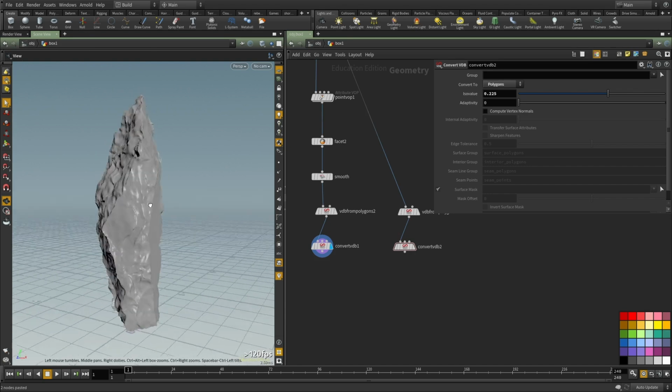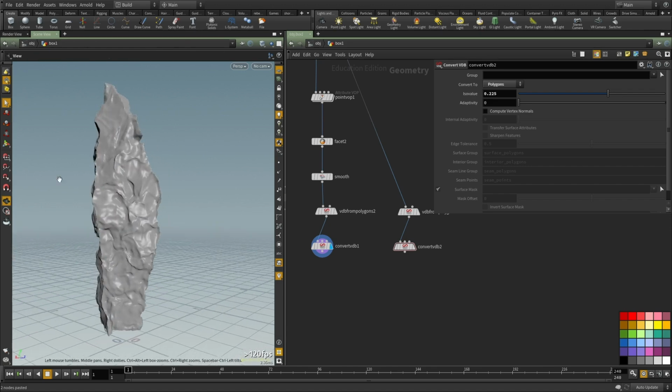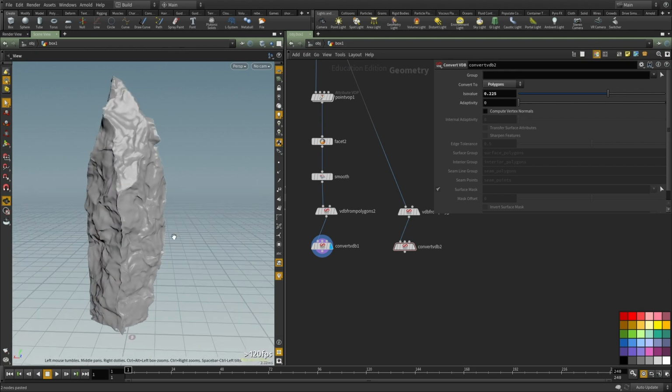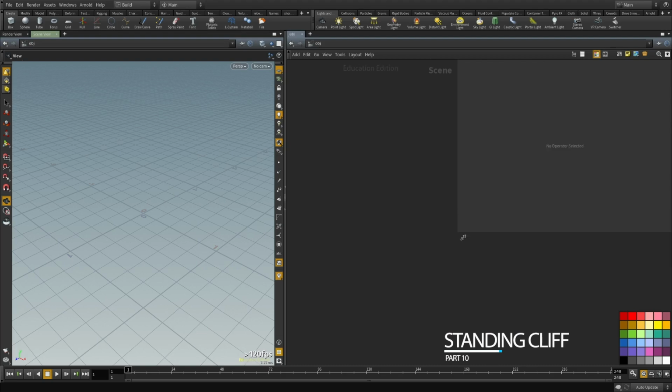And it's going to add tons of details to our geometry. I think that's pretty much it for the edge displacement. We're going to be using this to create our high-res cliff element. So now we're going to take another look at creating one of the high-res assets that I showed, and this time we're going to create this guy,